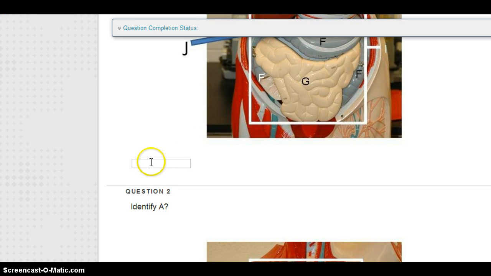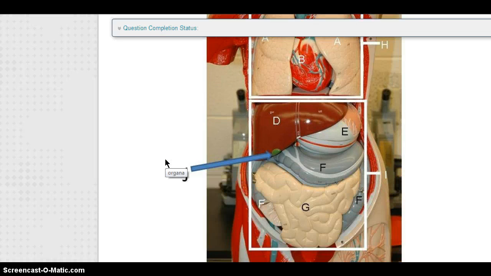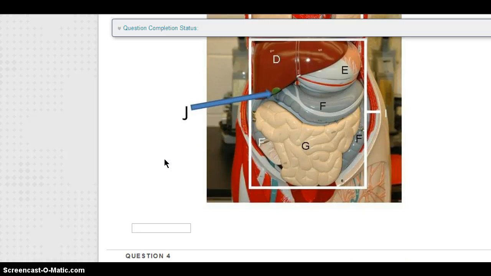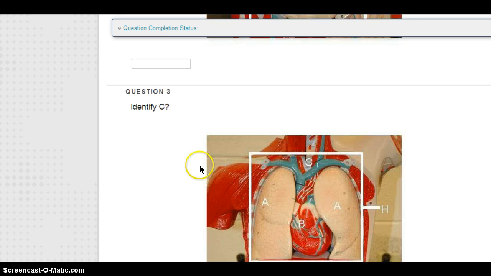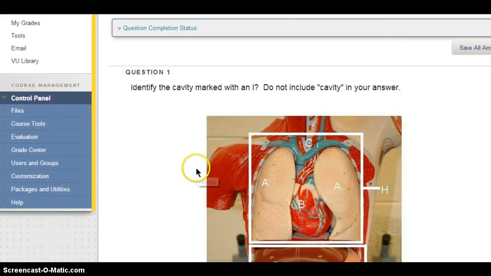You have to put the correct answer in, and you have to spell it correctly. If you don't spell it correctly, then it's going to mark it wrong. So you want to make sure your source for these answers are the lab packet. Don't use the book. They may spell things a little differently. Use the lab packet. You answer the question, come down to the next one, and you go all the way through and you answer all the questions, and then you submit, and it will tell you how you did, what